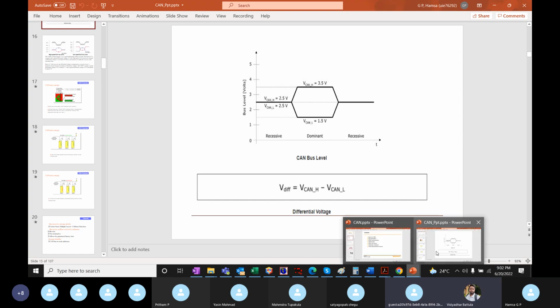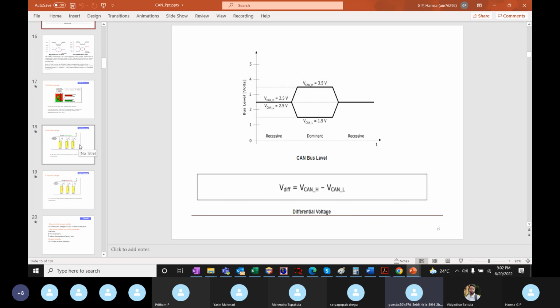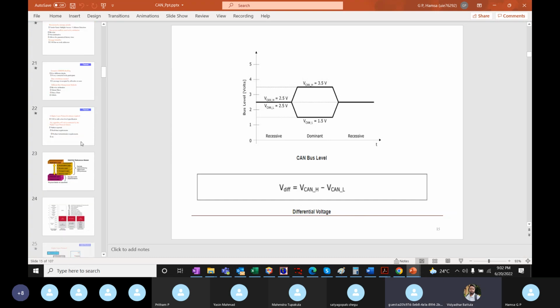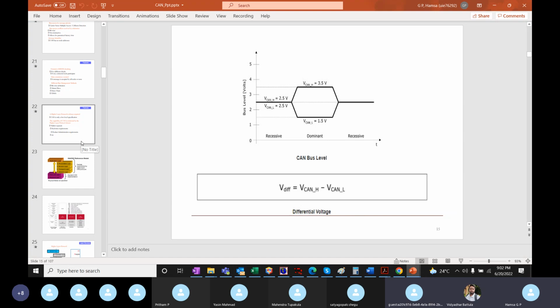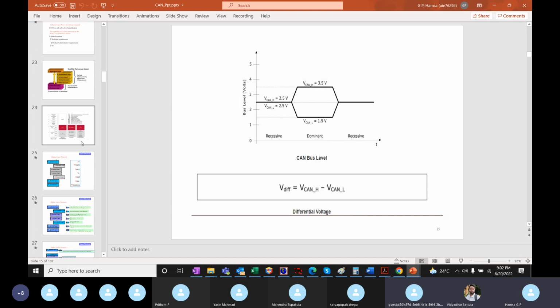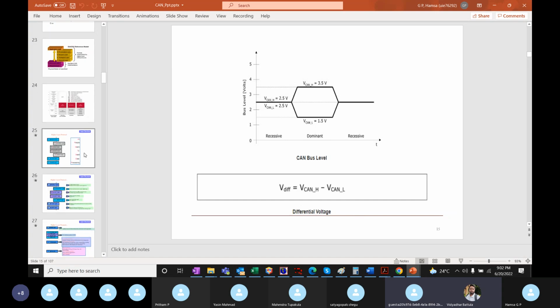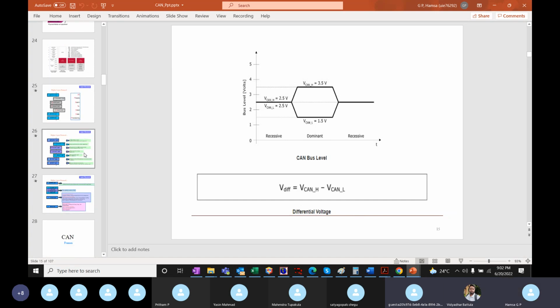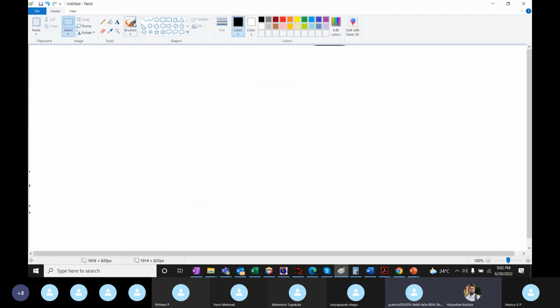I have one doubt, ma'am. Yes, please. In the ECU, there are three modules: CAN transceiver, CAN controller, and microcontroller. If it is receiving, it is the transceiver; if it is sending, what do we call it, a receiver? No, no, no. It's not that. See, when I say CAN transceiver,